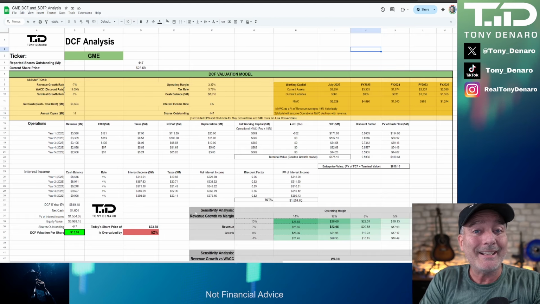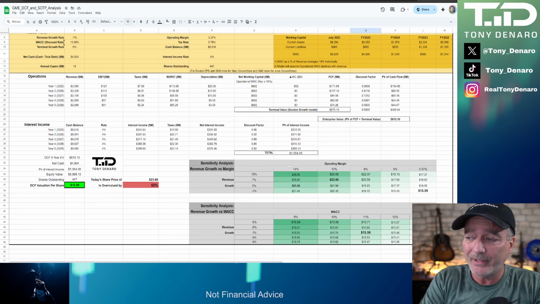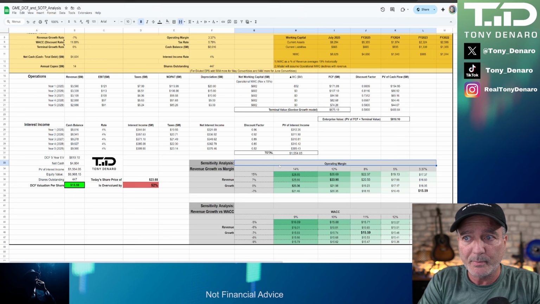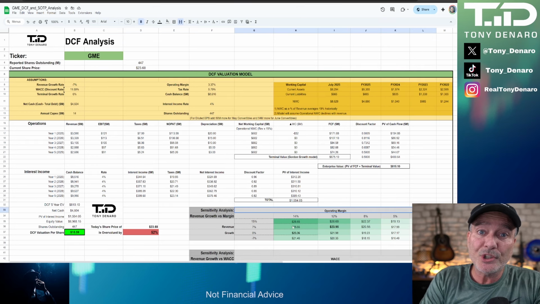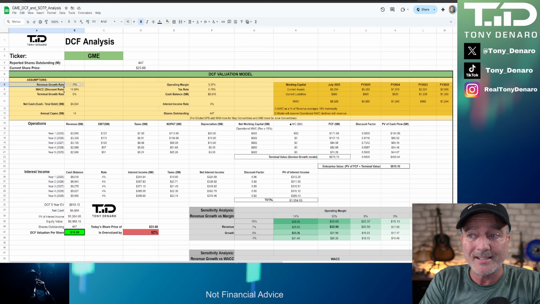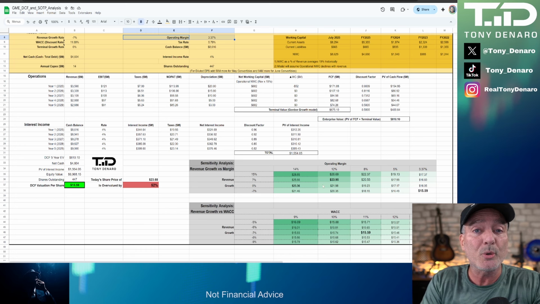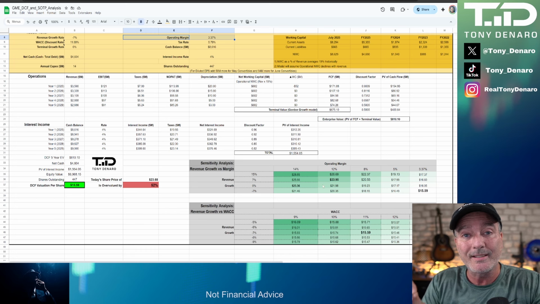So with that in mind, I added a second sensitivity table here, the revenue growth on the left-hand axis and the operating margin on the horizontal axis. Let me zoom this in here. This table shows us what happens if we change this revenue growth rate in the top of our assumptions and the operating margin. And instead of me having to type in and see how each one individually tweaks the bottom left number, this table just computes it and shows all of the different outcomes to us at one time